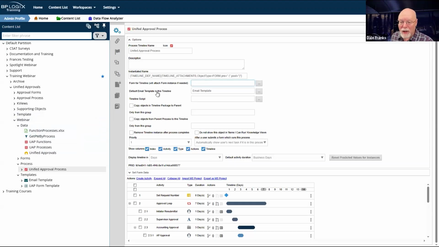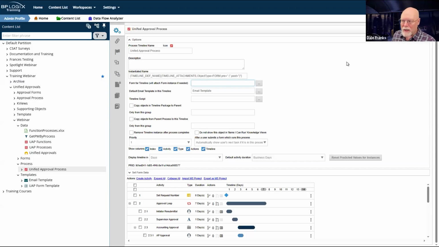I do have an email template for this timeline, and I can use the same email template to send multiple messages. And later on, maybe not today, but at some point, we're going to have to get into the business of configuring that email template properly and getting it set up to transmit the multiple types of messages that we're going to need. We'll worry about that at a future time.